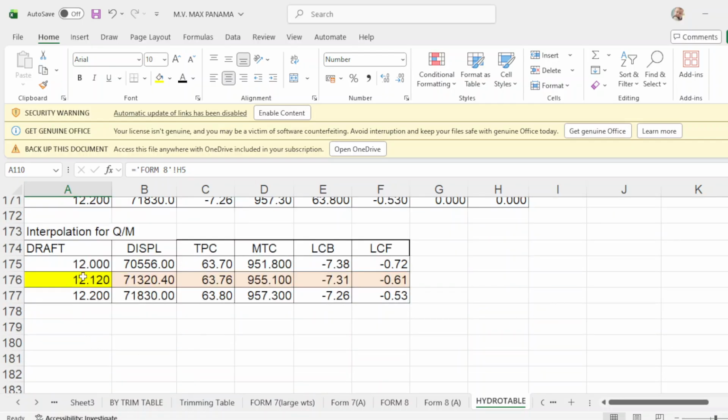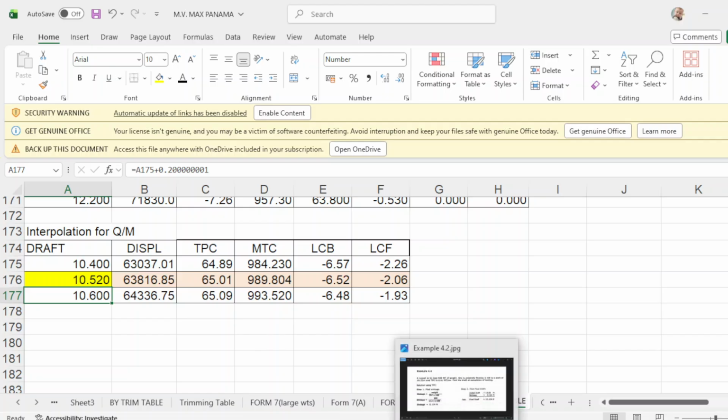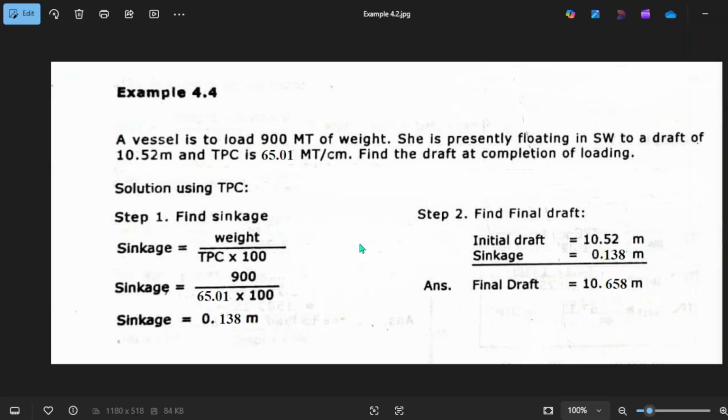This one, okay, say 10.52. What will be his TPC? TPC is 6501. So your TPC is 6501.